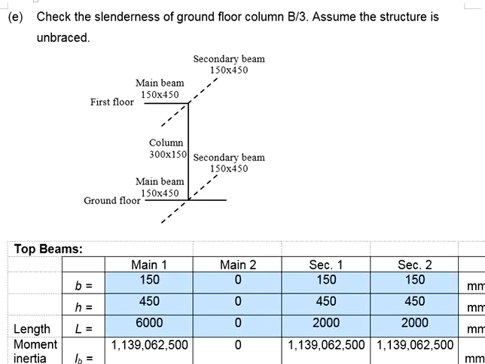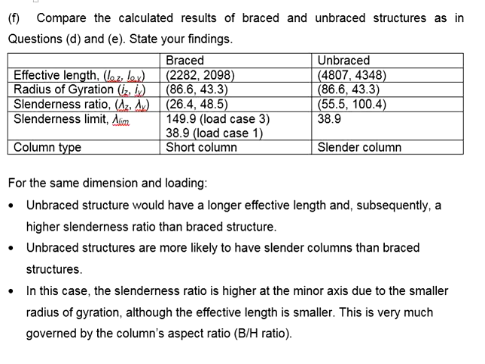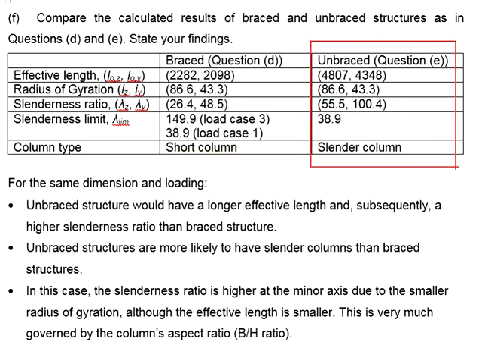onto the column. We shall now proceed to the next question, asking us to compare the calculated result of the braced and the unbraced structures as obtained from the two questions that I mentioned previously. You are asked to state your findings. To solve these questions, first we will need to compare the calculated result from the two questions. The result from the braced structures is obtained from question D, whereas the unbraced structures we obtain from the question